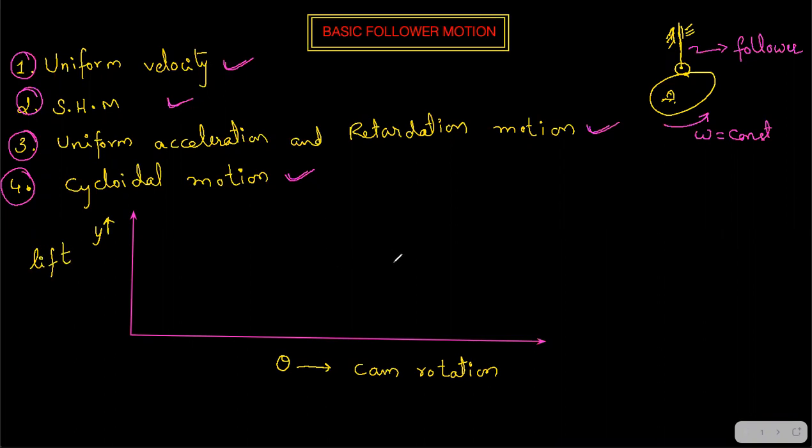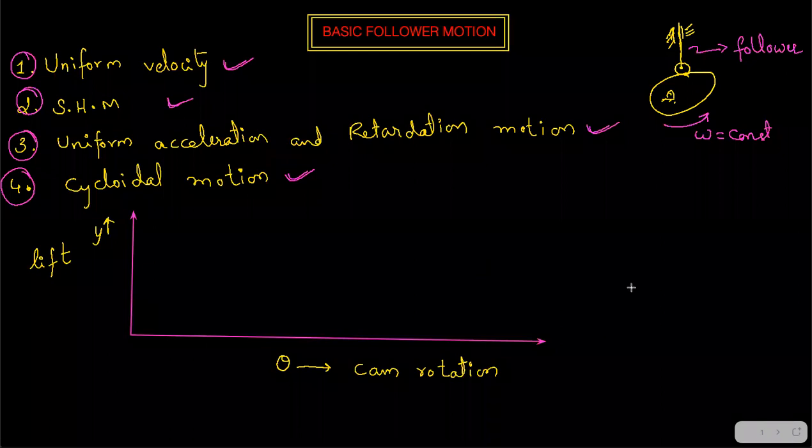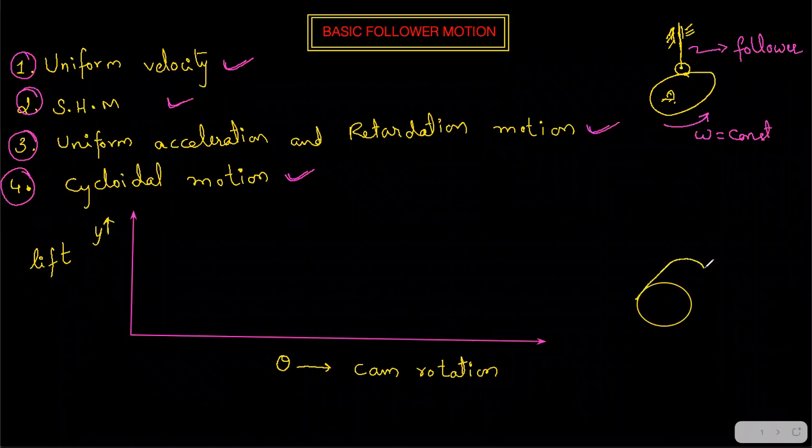Now what is cam rotation and what is actually the lift? Why are we representing cam rotation over here? Fine. So those things I'll explain with the help of this diagram. On the left hand side, you have the cam diagram and you have the cam profile. So let's say this is your cam profile. Okay. And then you have this dotted line, which is not actually the cam profile, right? It's a base circle. I think everyone knows that it is the base circle. And this is the center of the rotation of the cam.